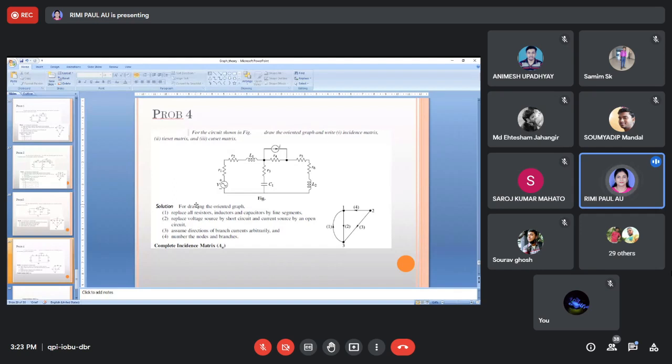So now give me attendance. If you have any problem anywhere, any doubt, this is a very easy chapter. So you just have to remember the definitions and the formulas, how to find out twigs, how to find out trees, and how to draw a graph. From this you have to find out the tie set matrix, incidence matrix, cut set matrix. That I will show you, so it will not be very difficult. And if offline examination happens, then you will get at least 10 marks from this graph theory. So go through this.